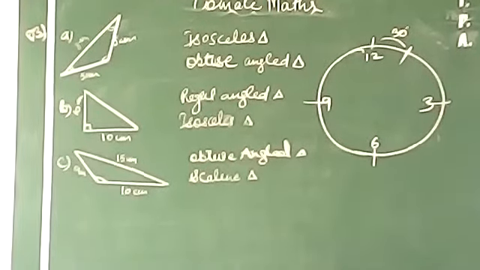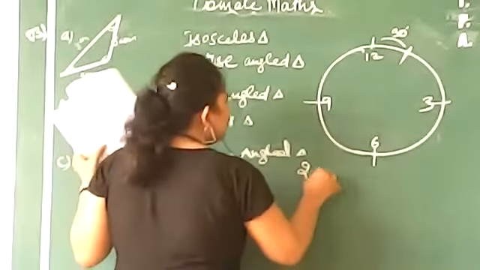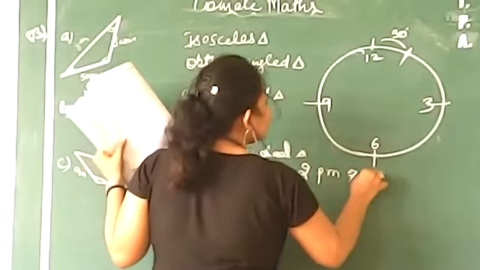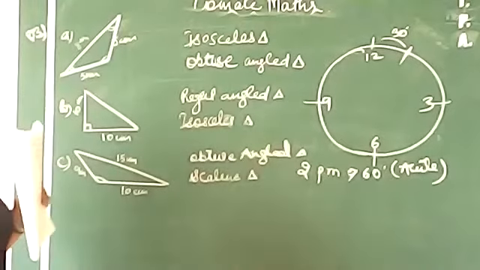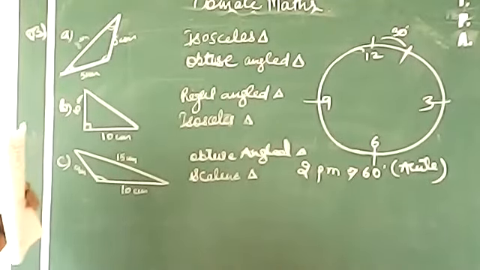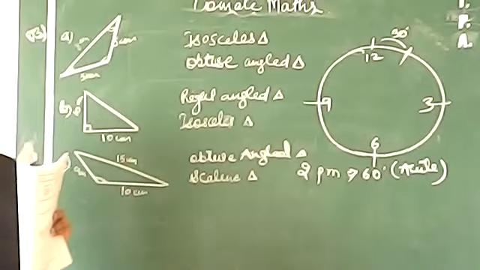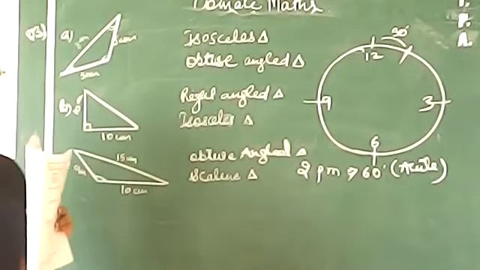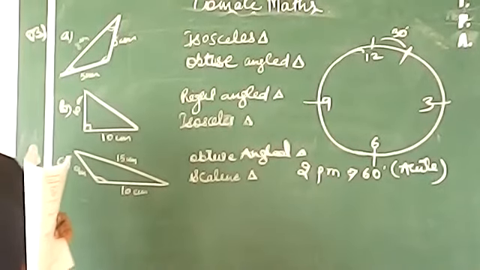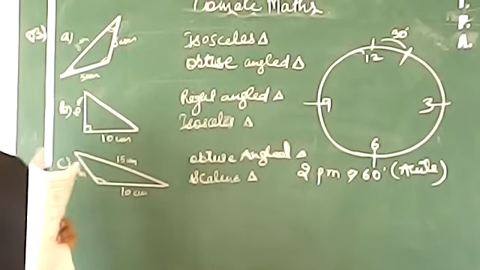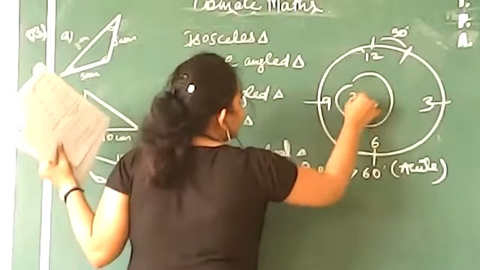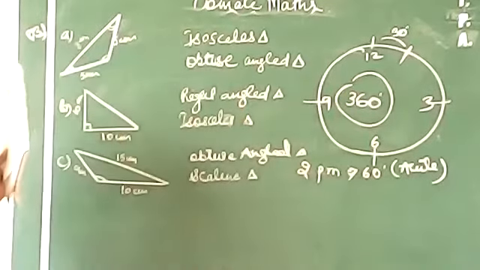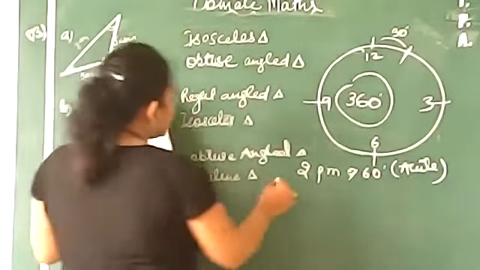No, you don't need to draw. Just simply write down the answer. Okay? Answer would be 2 PM means 60 degree. 60 degree means acute. Fine? Because you are covering 12 to 1, 1 to 2, and each gap has a 30 degree angle. Okay? You have 12 numbers, and in 12 numbers you have 30 degree gaps, so 12 times 3 is 36. So remember the whole clock solves one complete angle, that is 360 degree. So 2 PM means 60 degree, acute angle.